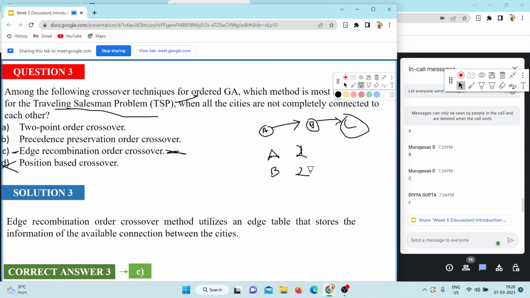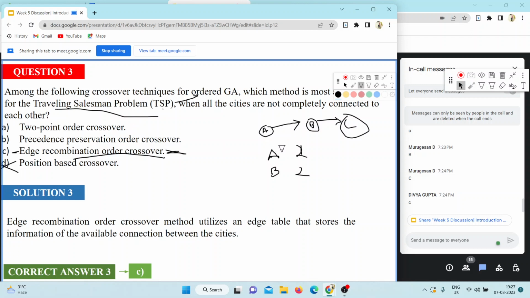For more detail you can see your lecture note. Actually this is a big question, that is why I have not discussed it here, because it will take more time. So my point is edge recombination GA is the perfect crossover scheme for this traveling salesman problem, as here